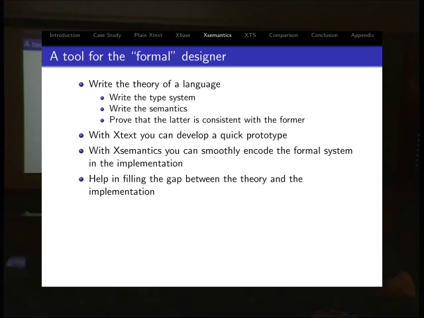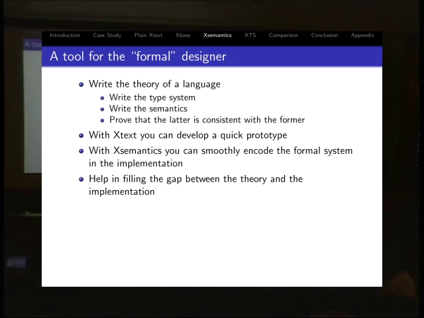So we are using Xsemantics because we are doing theory on languages, and when you design a language from a formal point of view, you usually write the type system rules, then you write the operational semantics, which says how the expressions reduce, and then you have to prove formally that the operational semantics is consistent with the type system. This will guarantee that if a program is well typed, at runtime it will not get stuck due to a